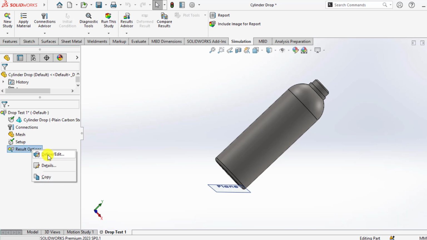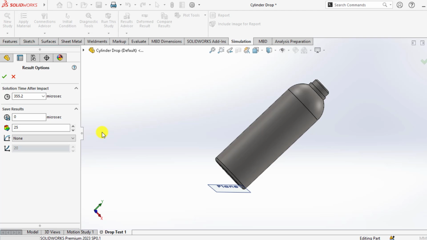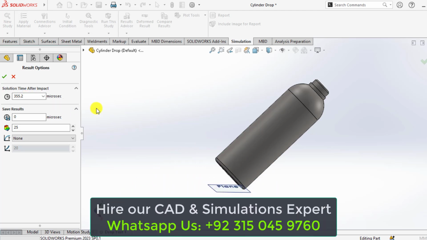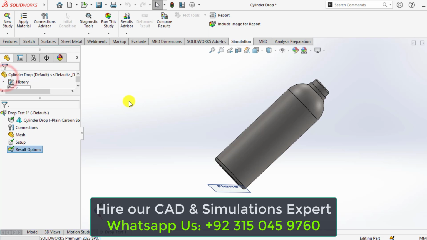Now from the results option, define, edit results. Here is the solution time after impact, that is 355 microseconds. And save results just starting from as impact starts, so there is no time delay. Here the number of plots is 25. Okay, there are no sensors. Now run your